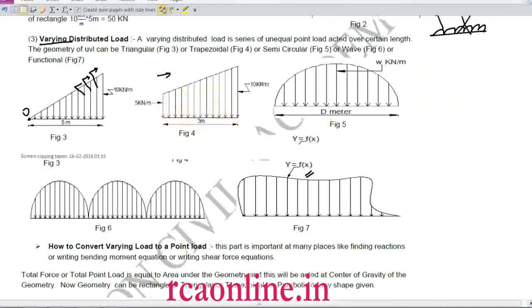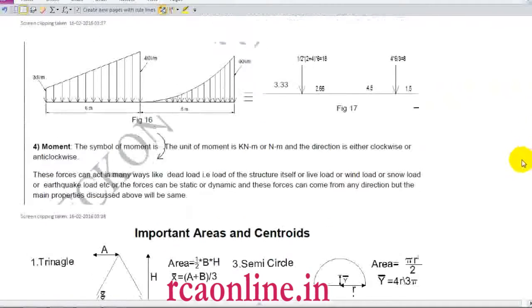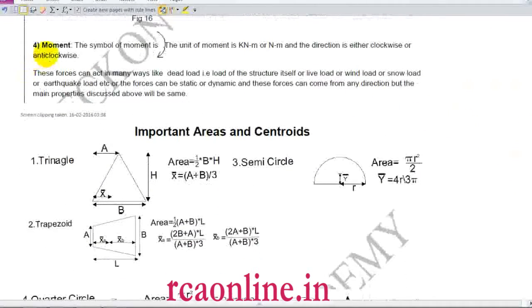There is one more type of load, which I will say is a load only, which is moment. In this entire course, we will treat moment as a force. Clear? So what is moment? Moment is again a vector quantity. It has a direction. So what will be my direction sign convention?